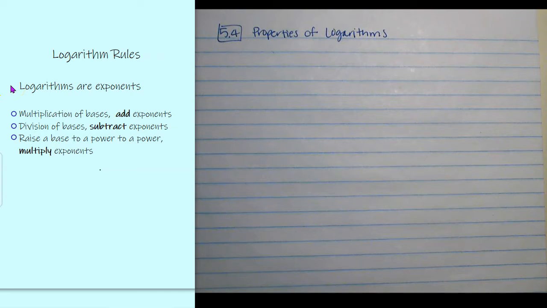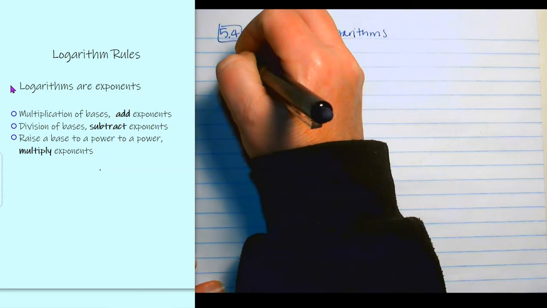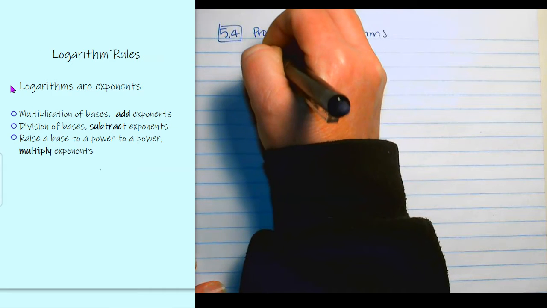Okay, in this video, we are going to learn about properties of logarithms. We already know that logarithms are exponents. They're a way to take an exponent, which is superscript, which means it's above where the coefficient is, and rewrite it as a coefficient. In other words, if we have a base to an exponent